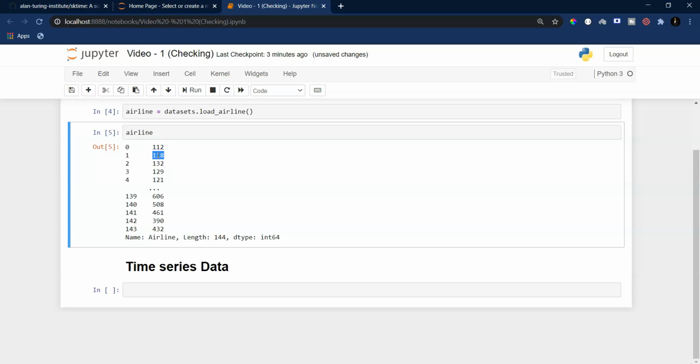Now, the number of flights that are taken in the United States in various months. So in the first month of 1960, in the second month of 1960, in the third month of 1960, you get the idea. So essentially these values are belonging to one variable, and these values are indexed by time.